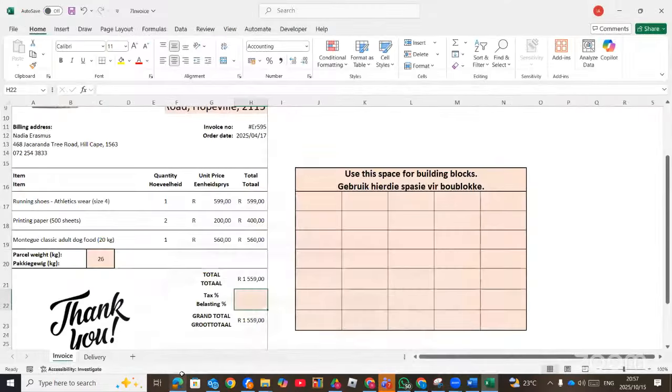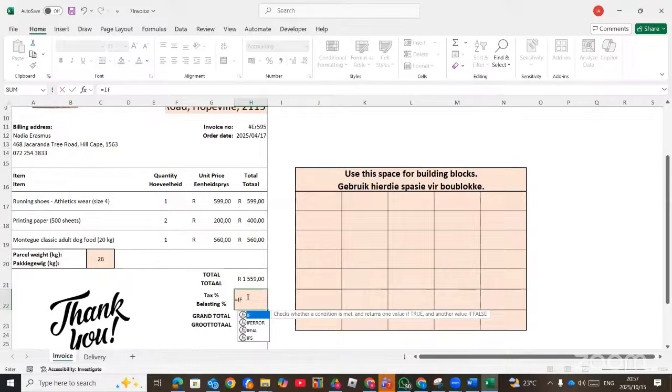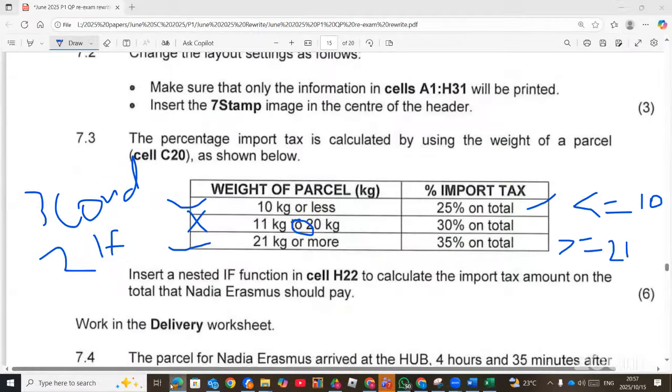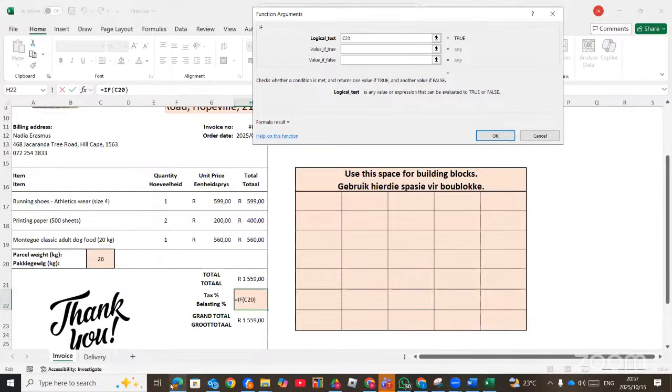So we're gonna put the function here, equal sign if. And then you click on your fx. The logical test, you click here. If this one is greater, let's check the first condition. It says 10 kg or less. So if it is less than or equal to 10, or we can pick the bigger one, which is the 20 kg or more, greater or equal to 21, then the value if true,